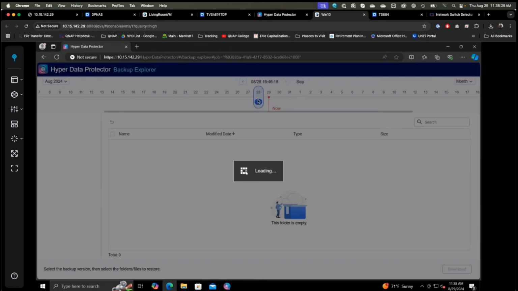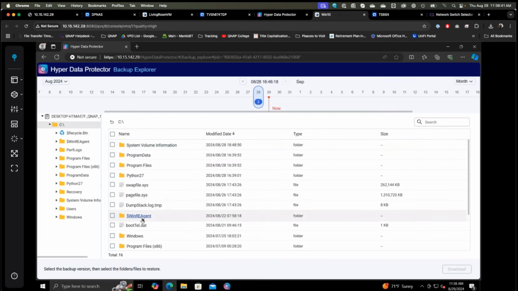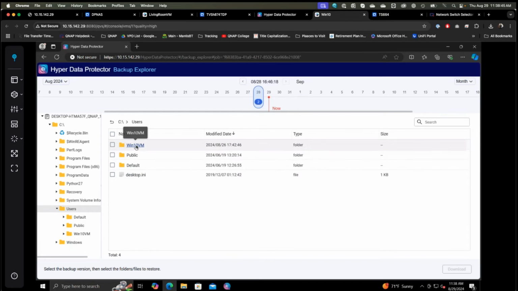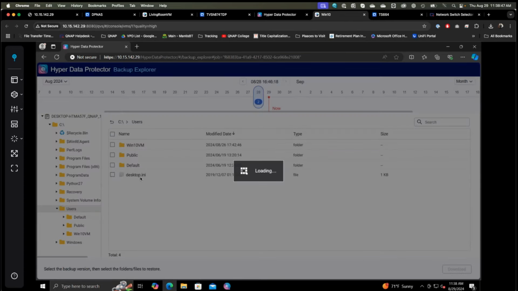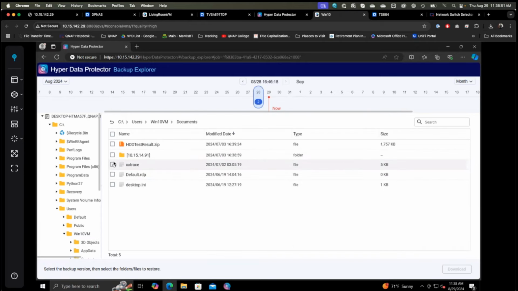Okay. Yeah, so I think the other VM was having an issue, but on this VM, if you go to Backup Explorer, I have 2 versions of the VM backed up. So I can select which version. I can start accessing data from that particular VM. Like if you go to Users, Windows, I can access my documents data. I can just restore a certain file that I wanted to restore